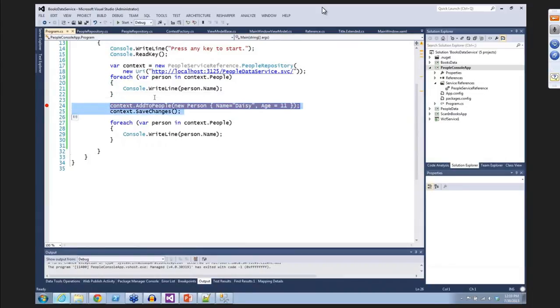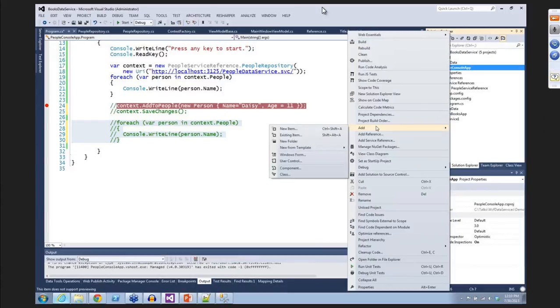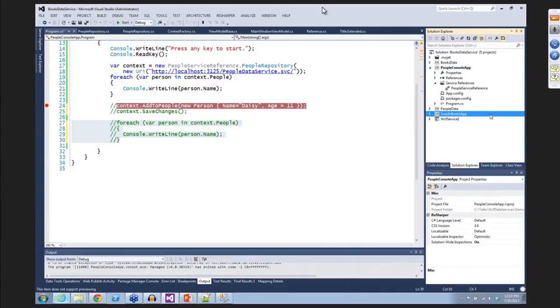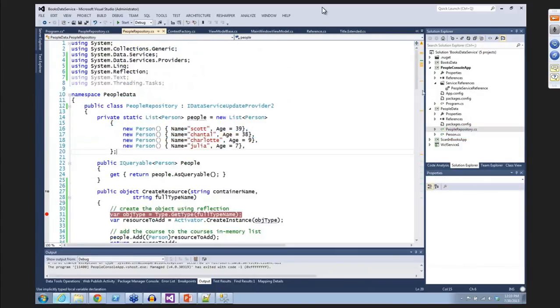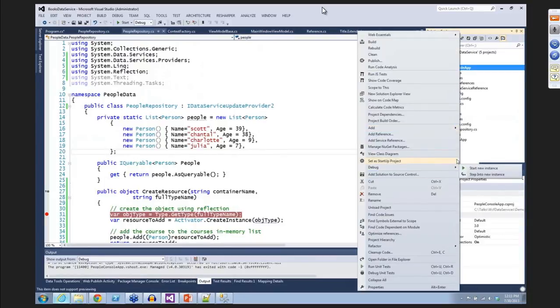Well, I guess our demo was kind of a flop, but now if we look in this app and we just run it, we should see the new person, even though over here in people data we just have the 4 that we started with, because it's still in memory. If we do a debug, start new instance,